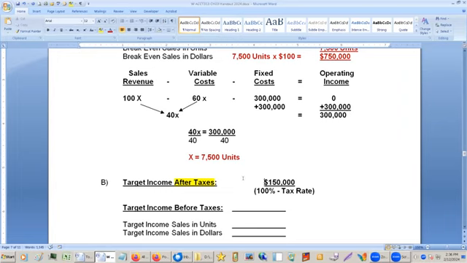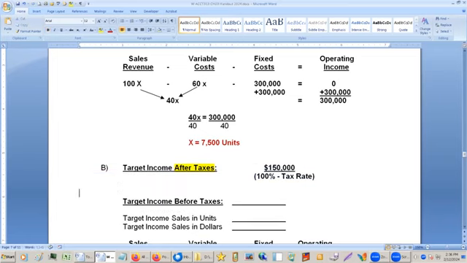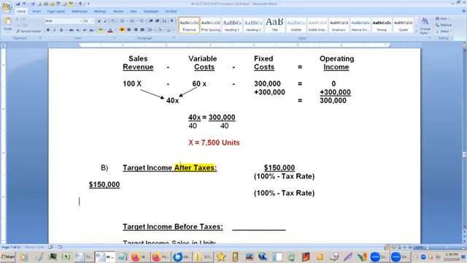It's a better way to format this. So we're trying to get back to our before tax income. So we basically have to take the after tax income and divide it by 100% minus the tax rate. Okay, so let me show you what I mean by that. Okay, so in our case,